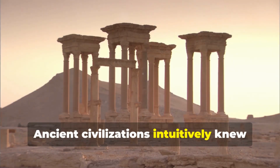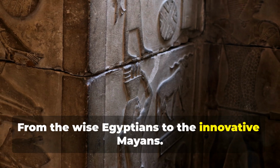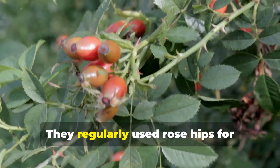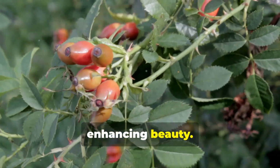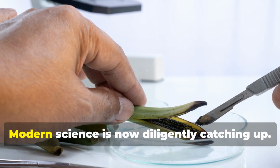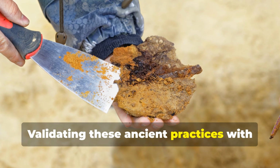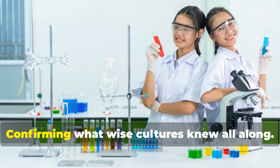Ancient civilizations intuitively knew its profound power. From the wise Egyptians to the innovative Mayans, they regularly used rose hips for enhancing beauty and for their incredible natural healing properties. Modern science is now diligently catching up, validating these ancient practices with new research, confirming what wise